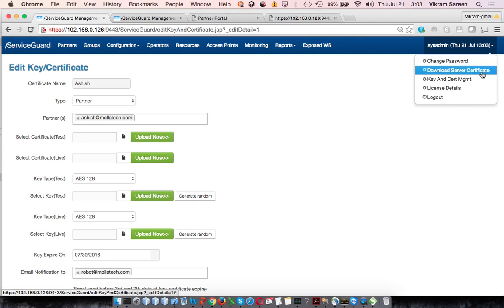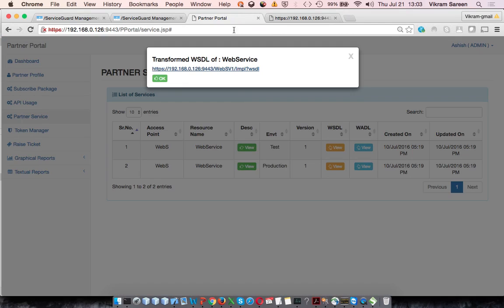And one more thing worth mentioning over here is that the partner will actually be talking to the server, to the Service Guard server. So you have to issue the certificate to the partner. You can download the cert and pass it to the partner, and we are also going to make it available in the dashboard. So from the partner portal dashboard, the partner can get the server side certificate for them to trust and